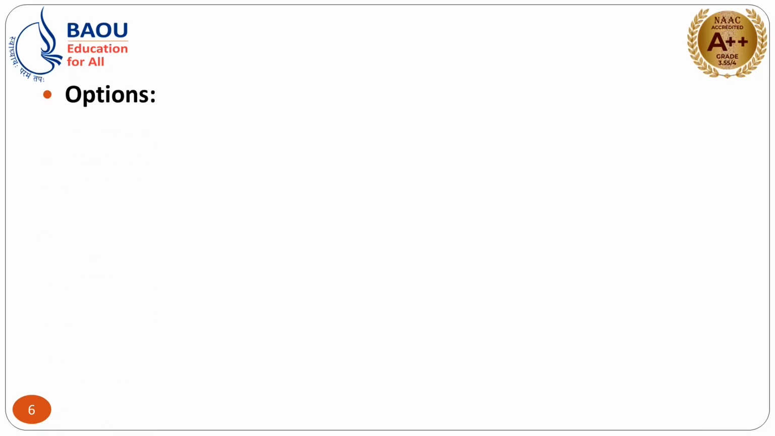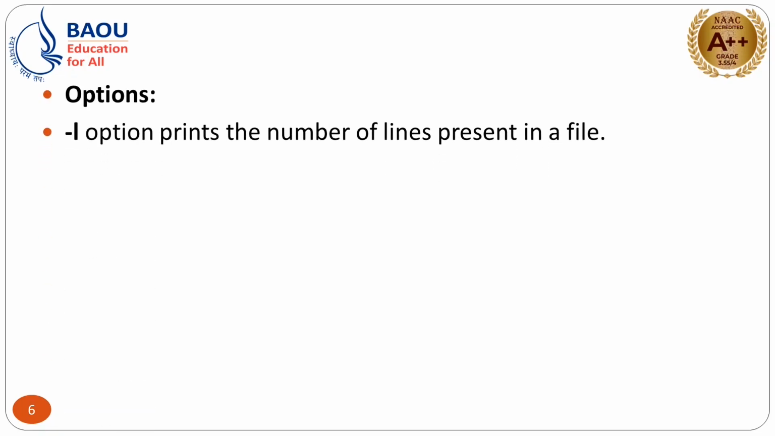So here these are the options. If you are using the L option, then it will print the number of lines. If you are not using any option, then it will display all three outputs, that is the number of lines, number of words and number of characters. But suppose you require to display only the number of lines, in that case you can use the L option with